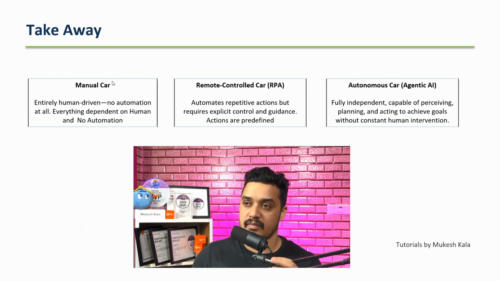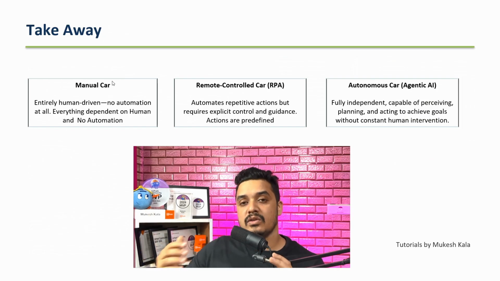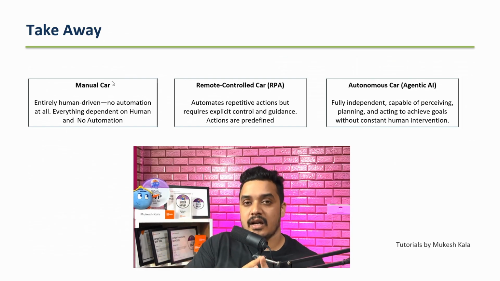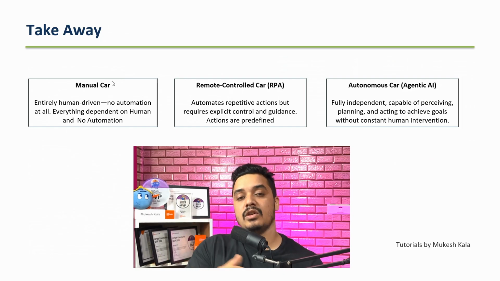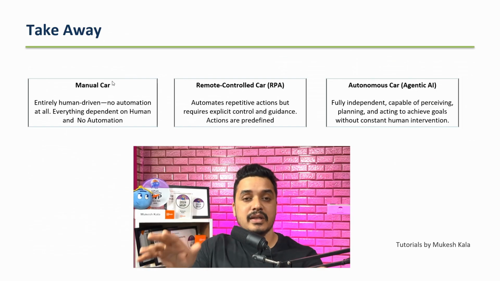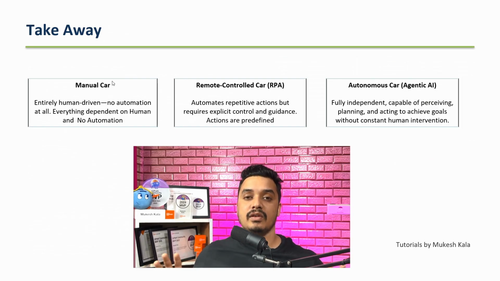Okay. The next step was, as soon as you automate the mundane and repetitive tasks with the help of RPA, UiPath, right? We have a lot of videos on this channel. You understand what RPA is, where my mundane and repetitive tasks are automated with the help of this technology. But it has an action, and this action has to be predefined. You have to teach the robot that in this scenario do this, in that scenario do that, and whenever something different happens, it just waits for the human instruction or it simply gets into an error.